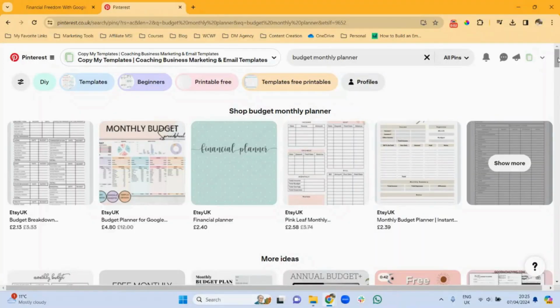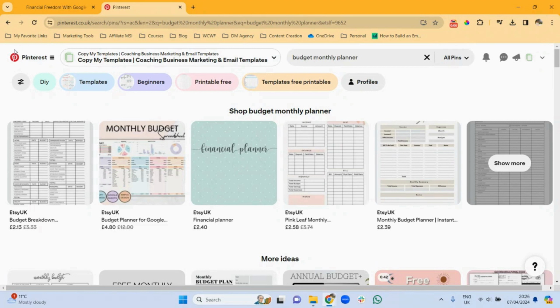So let's talk about those 10 spreadsheet ideas that you can create and sell as a digital product. And if you have any additional ideas that you would like to mention, please do so in the comment section below. And if any of the ideas that I have shared with you have sparked something in your mind, then let me know whether you like it in the comment section below, and let's have a conversation about this. Okay, so let's kick things off with a budget monthly planner.